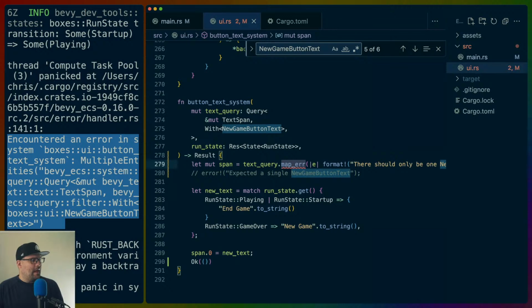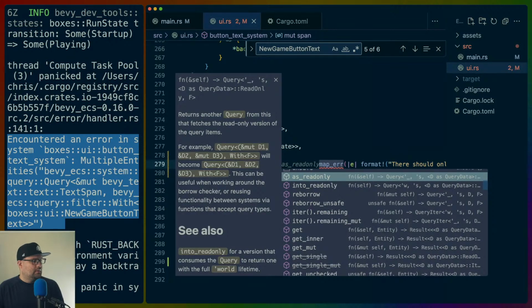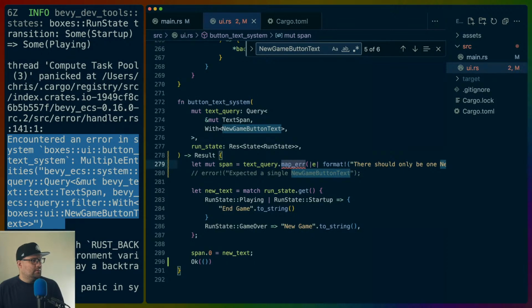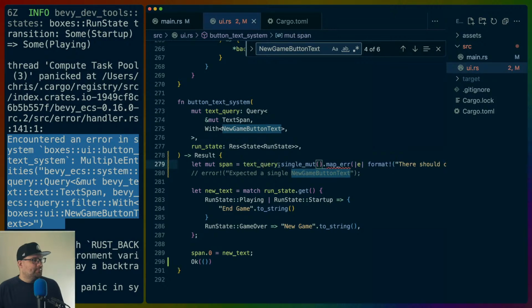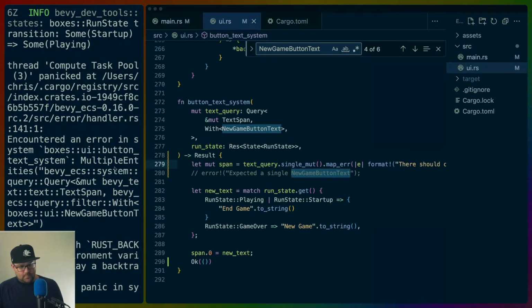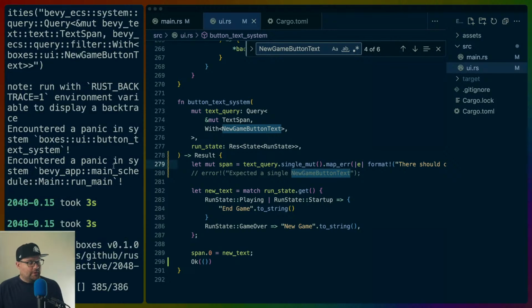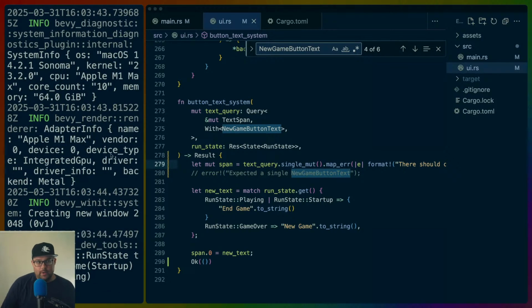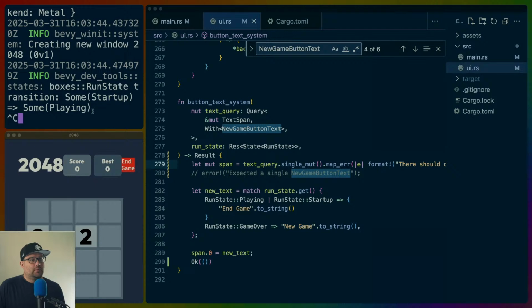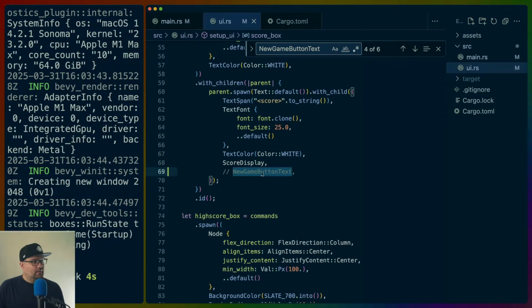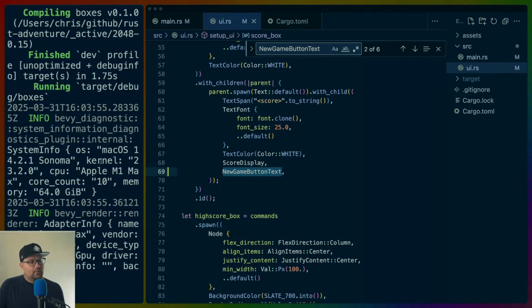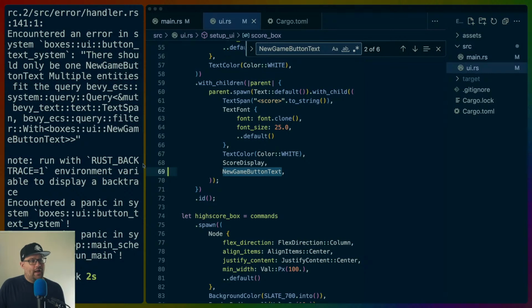Do we really not have map error? Oh, this is text query dot single mute dot map error. Sorry, I put this in the wrong spot. So this runs currently because I removed the other component, right? And then we look for new game button text again. And we uncomment the second one, that's the wrong one. And it crashes